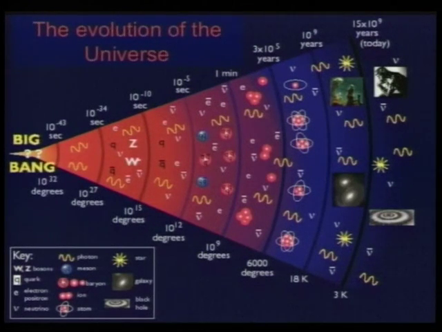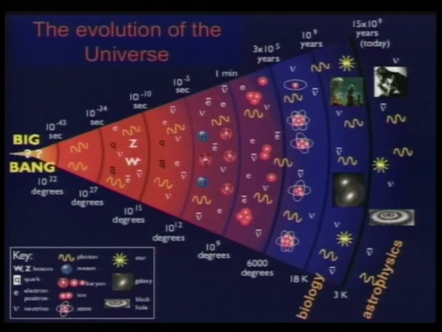Well, what does it mean to go back in time? The evolution of the universe is the following. Again, Big Bang, we are here, around 14, 15 billion years. We know that the temperature of the universe is around 3 Kelvin. This is the background radiation of the universe. If you want to study what is going on now in the universe, you are in the field of astrophysics. So galaxies, stars, planets, and so on.